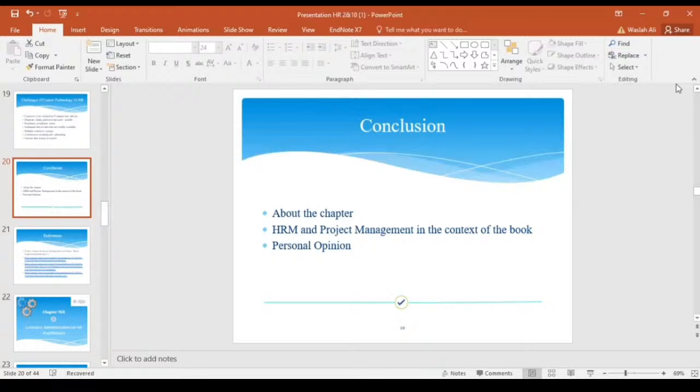Opinion. The opinion about all the discussed chapters is that this chapter has provided our view of the whole book. The explanation of HRM in project-based organization cannot be explained in a single chapter. So